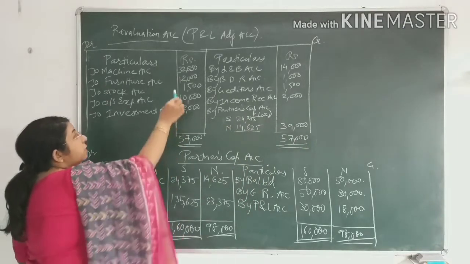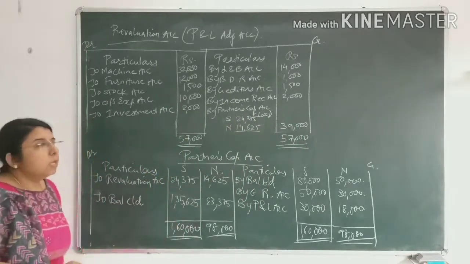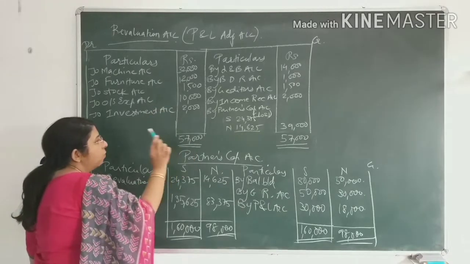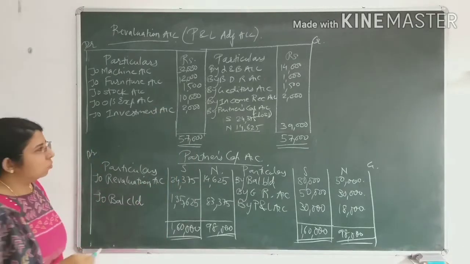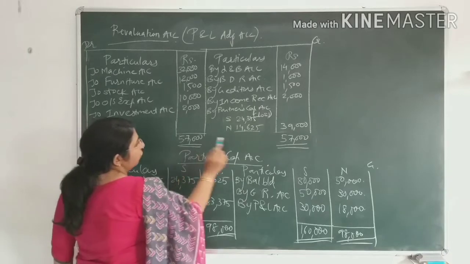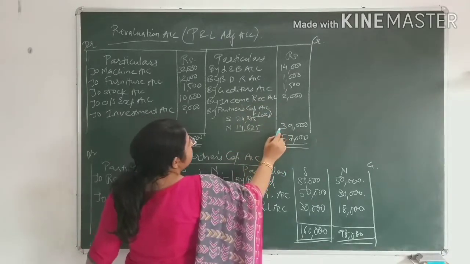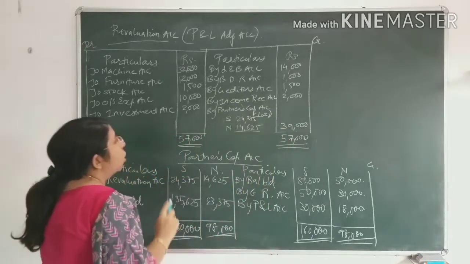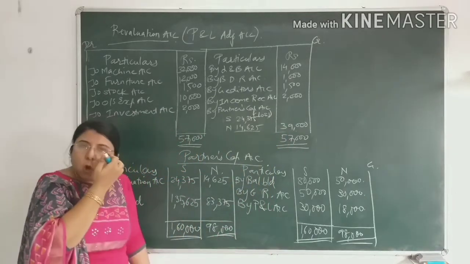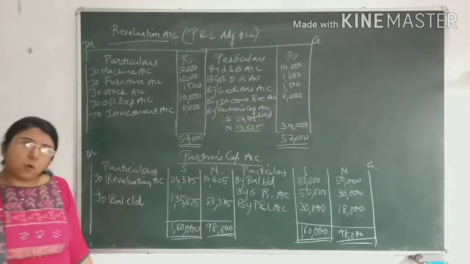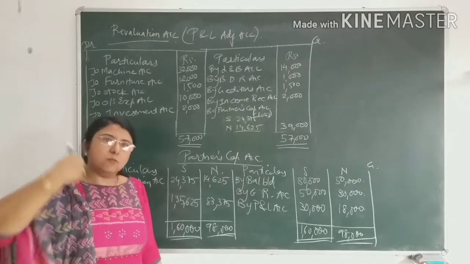Over here it is a debit balance. Debit balance means the total of the debit side is more, that is 57,000. So here you have done the total, that is 57,000 on both sides. The difference comes on the credit side, 39,000. So that is a loss for the firm. Whether it is loss or profit, both will be transferred to the